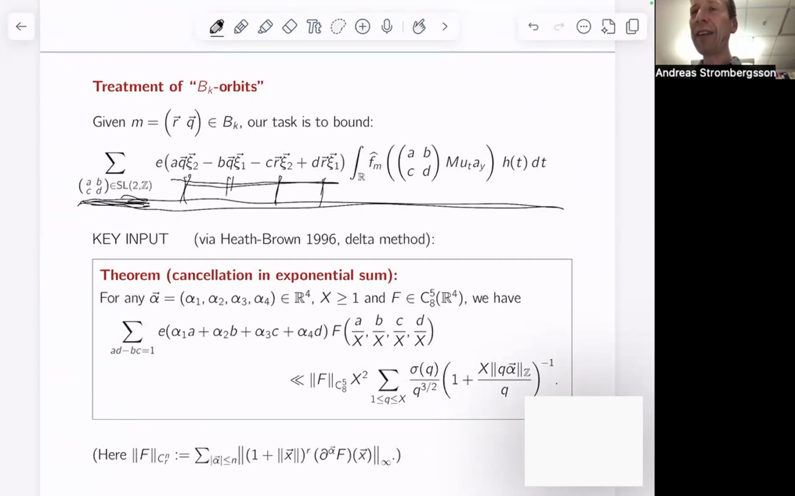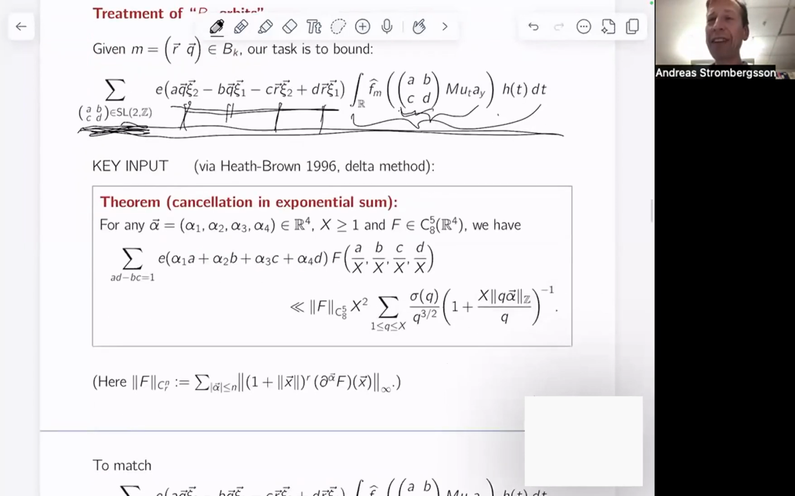And then F_M, whatever, it's a function on SL2(R). We can think of it as some smooth function with some decay on SL2(R). And inside there, we plug in (A, B, C, D). (A, B, C, D) goes through SL2(Z), and then we do some kind of horocycle average. And well, here's the cancellation result that lies at the bottom of this. It's a result that we prove. So it's a cancellation result in